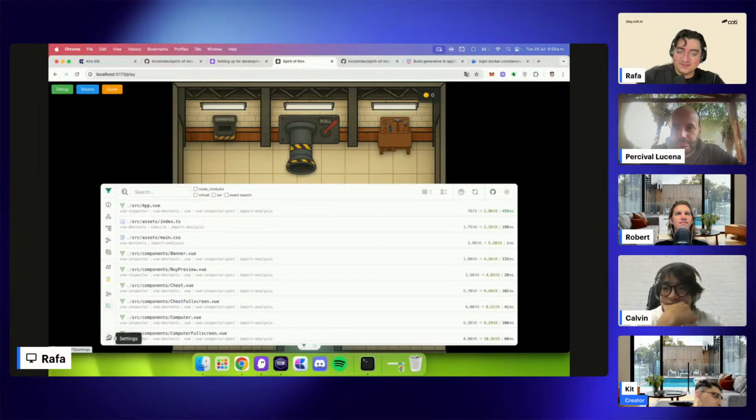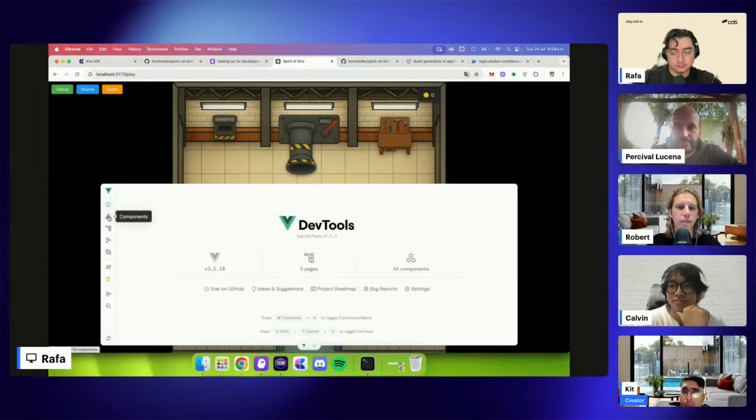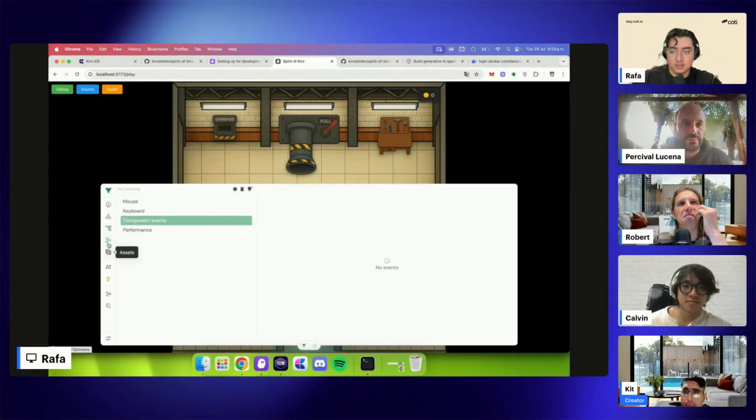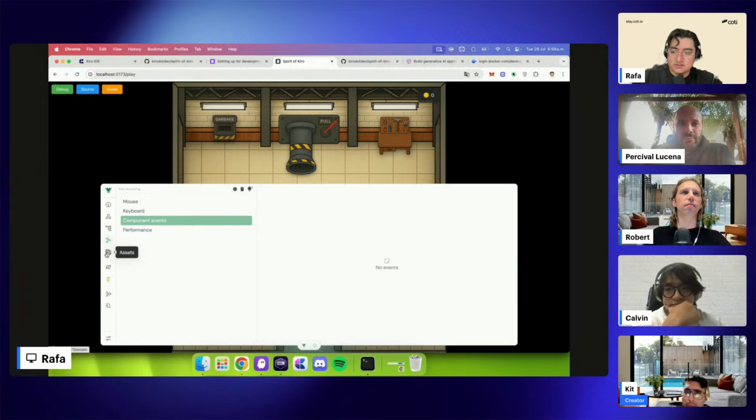Honestly, I'm a fan of the Next.js framework, but Vue has a lot of things, huh? Like this dev tool window or modal that can describe your project running. And also you can see the roads that we have, some images, some timeline,